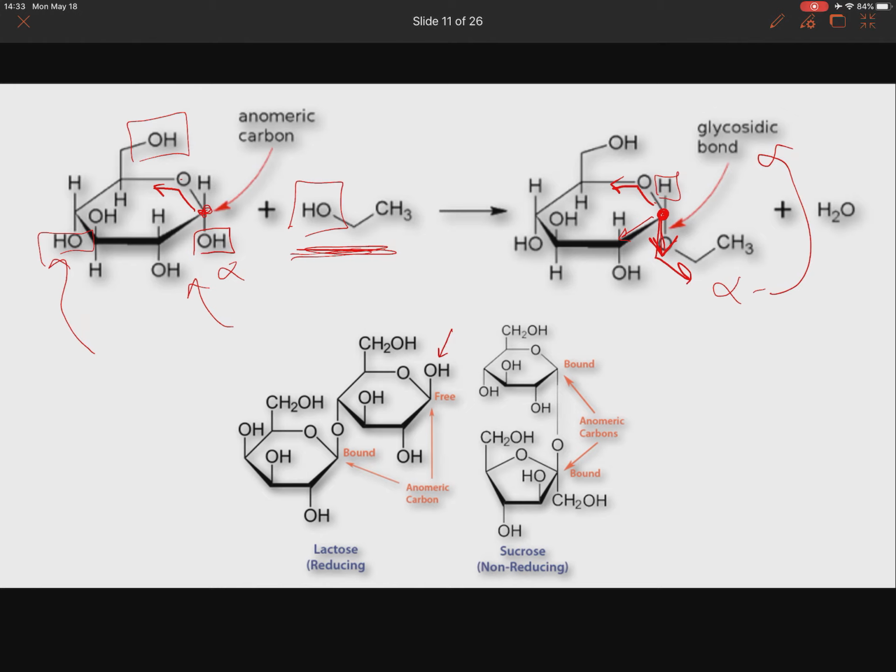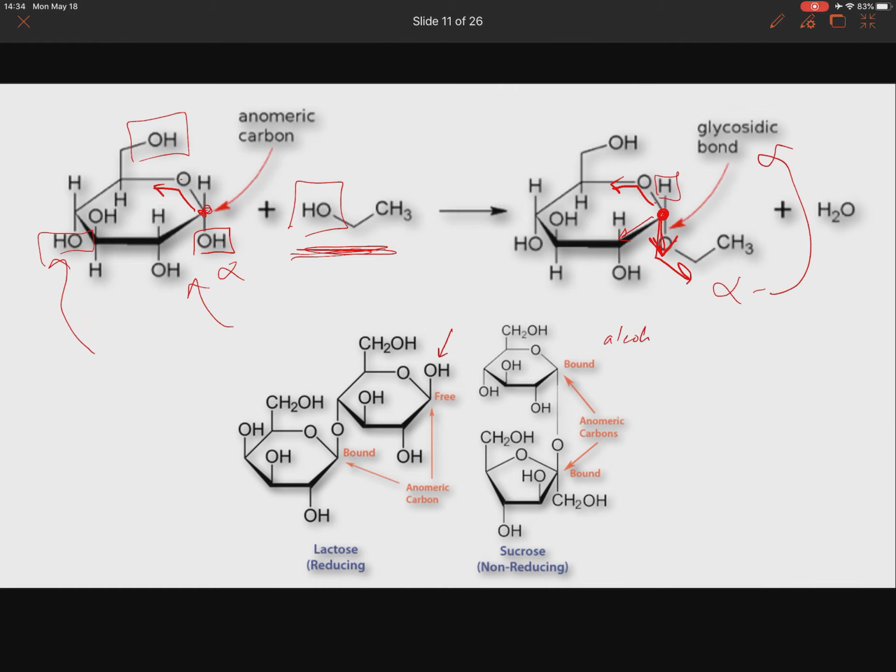And aldehydes can be reduced. I'm sorry, that's a lie. Aldehydes can be oxidized. Well, actually, they can be reduced as well. I misspoke when I was saying that they can't be reduced. They're right in the middle. If you don't remember,